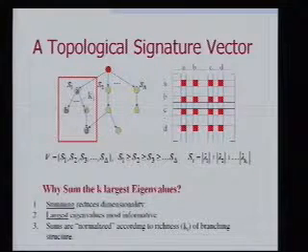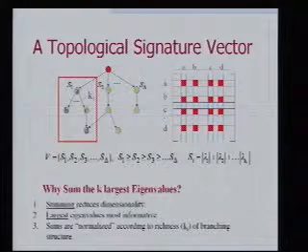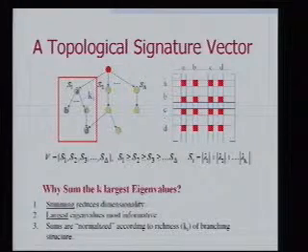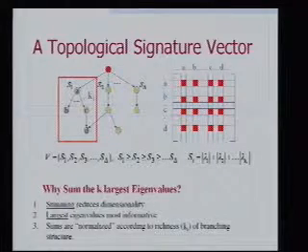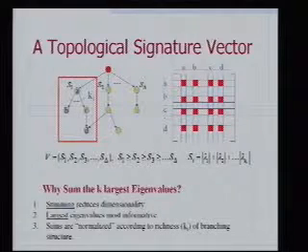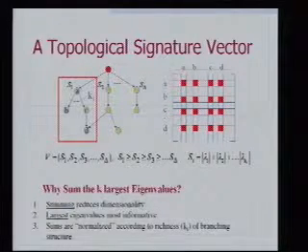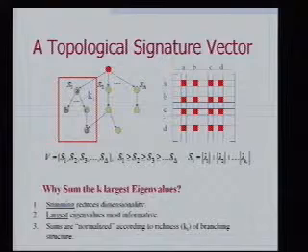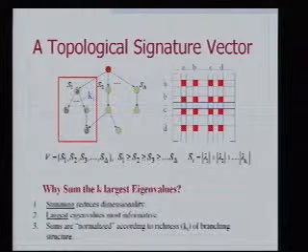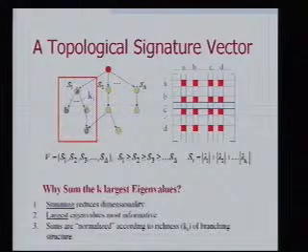Now this all sounds very arbitrary, right? So why do we do this? Well, summing is going to reduce the dimensionality of our descriptor. It's going to give us one number. The largest eigenvalues, in fact, are the most informative about branching structure. And there are upper bounds on the first and second largest eigenvalue as a function of the nature of the graph and its branching structure. So the useful information is encoded in the largest eigenvalues.